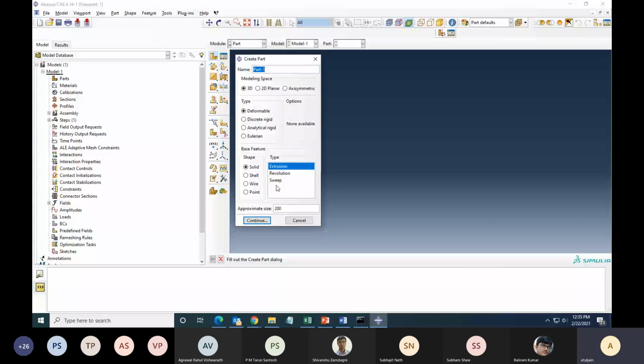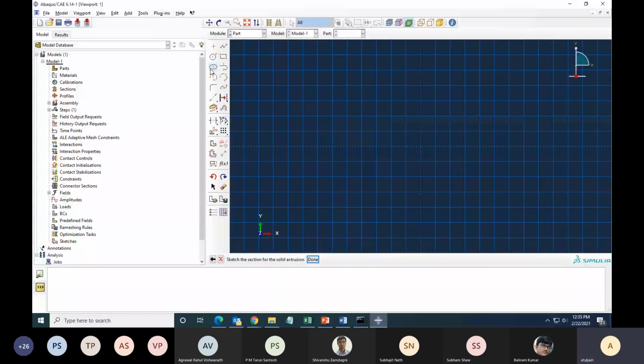Then I have different options for drawing. I can draw by connecting different lines, circle with a center and perimeter, rectangle, ellipse with center and perimeter, tangent, and so many things. Let us draw a square. It says pick a starting corner for the rectangle. So I say let it be 0, 0. Pick the opposite corner for the rectangle. Let's put it 2, 2. My rectangle has been created.